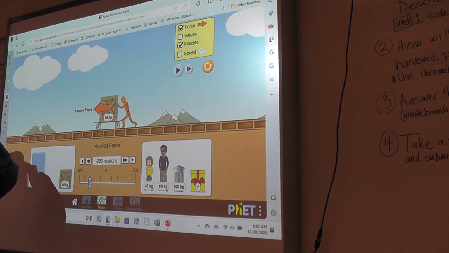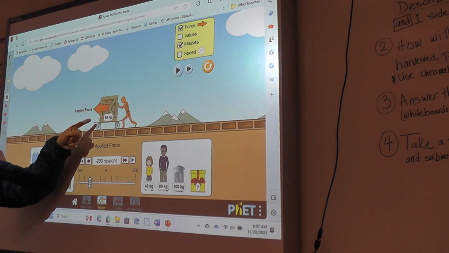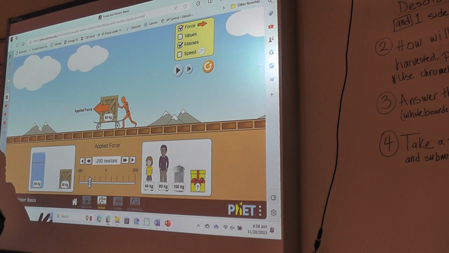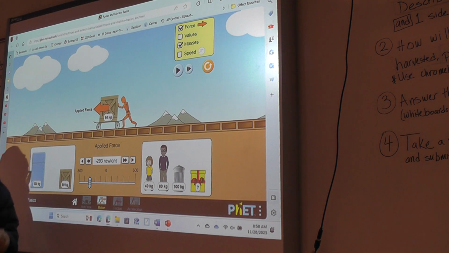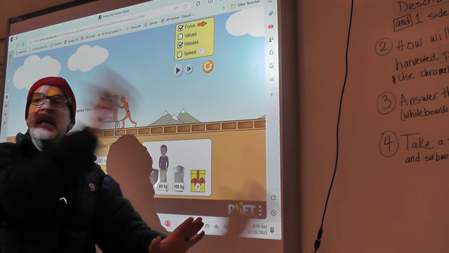When you apply force to a moving object, you change the motion of that object. It doesn't move in the direction of your force necessarily. This situation was the equivalent of a car rolling toward me very slowly. And if that car rolls toward me, and I put my hands out and I start pushing, it doesn't immediately reverse